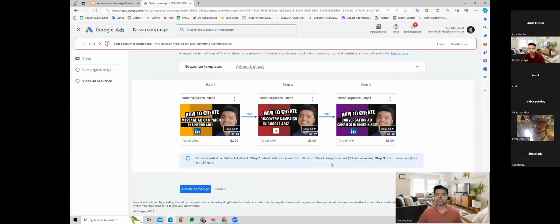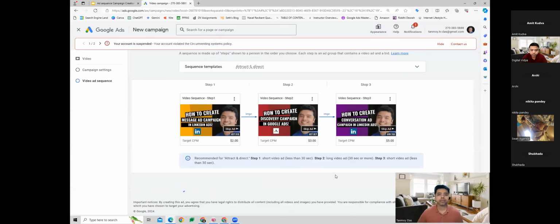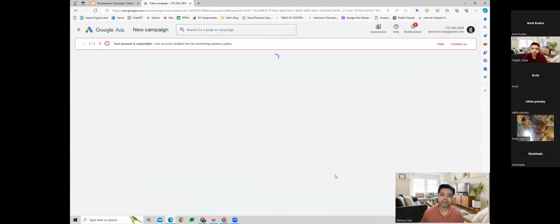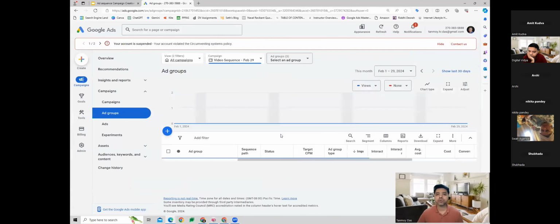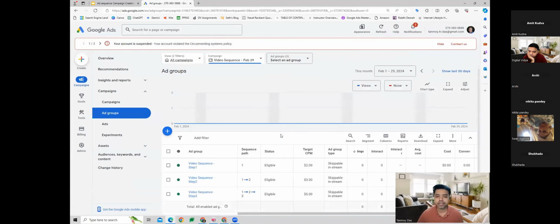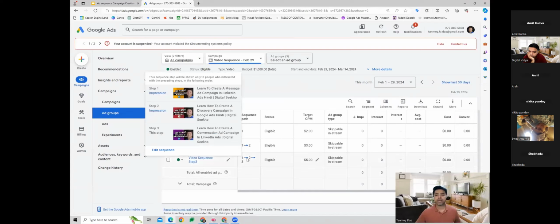So now you can see the sequence is created, and now you can create this campaign. Once you publish, this campaign is now going to go for a checking. Once Google approves your ads, then this campaign can go live. This campaign is primarily used for branding and awareness creation, where we run such ads and we try to make people aware about our brand, our product and service by showing multiple ads in a sequence.